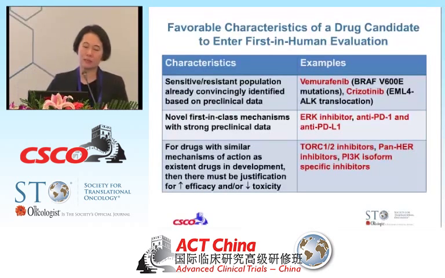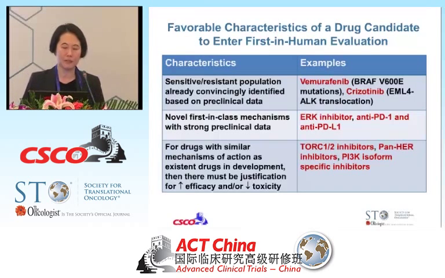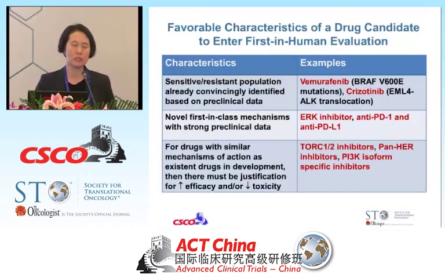I put in this slide a question that I get asked very often. As a phase 1 trialist, what trials would you like to do if a pharmaceutical company comes to you and asks you what you're interested in? And these, I'm sure, are not comprehensive. I would be very interested if it's a drug that we already have a defined sensitive or resistant population based on very strong preclinical data.